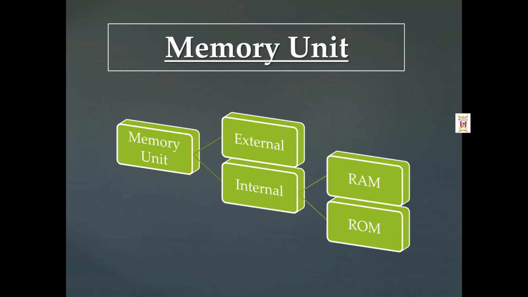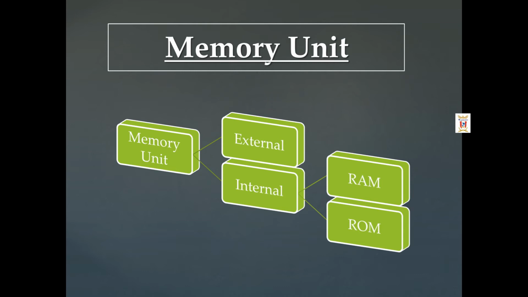First of all, every computer has a certain amount of memory, usually referred to as the main memory. This is called the internal memory. The primary memory is the place where the data and the programs are stored temporarily as long as they are being executed. So RAM and ROM are the 2 types.